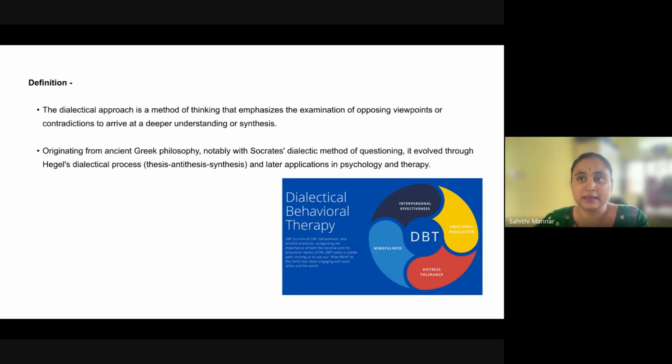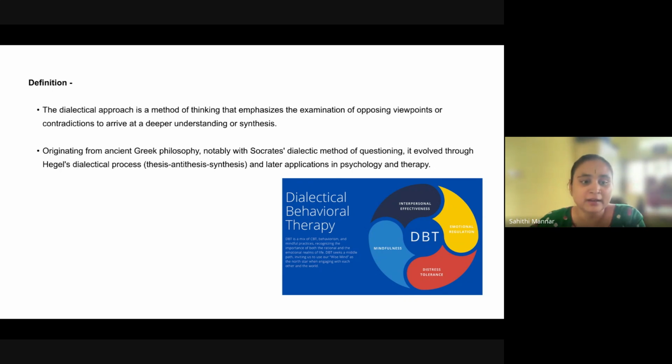As I was saying, in the context of education, dialectical thinking is important because it encourages students to think very critically and to consider different points of view, and also it helps in resolving conflicts, because a dialectical approach fosters a sense of understanding and collaboration between the two parties who are engaged in a conflict.